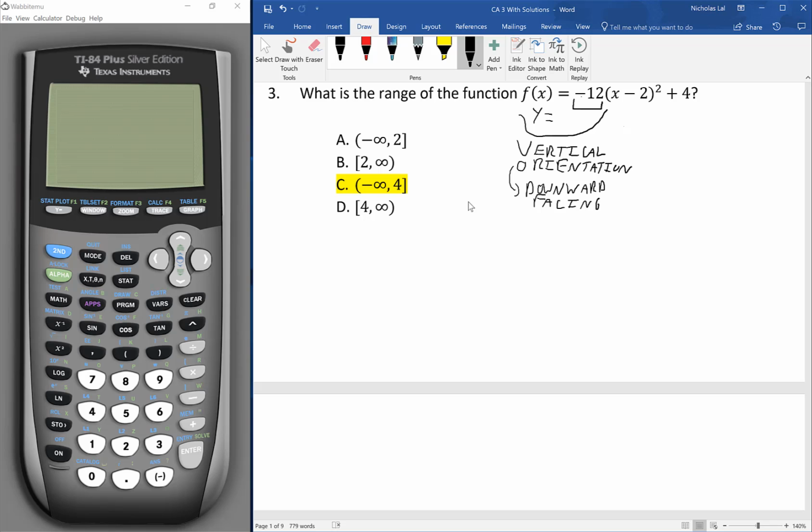And we have a vertex. Remember our standard form for our parabola, or at least for a vertical parabola, is y equals 1 over 4p times (x minus h) squared plus k. So h, k in this case would be, when we switch the sign for h, not k, positive 2, positive 4. So we have a vertex at